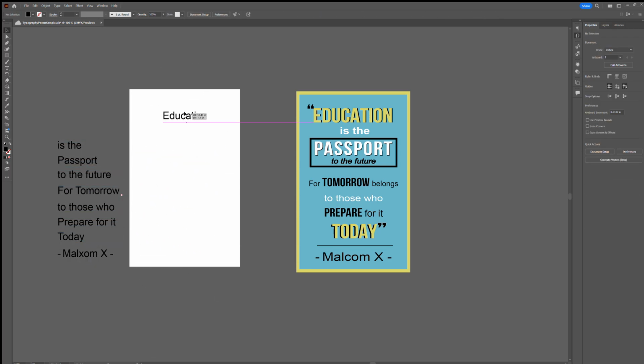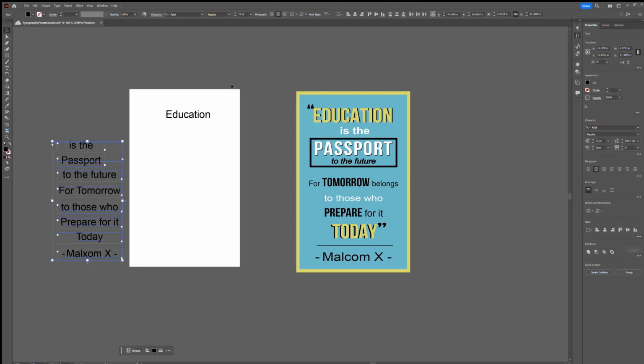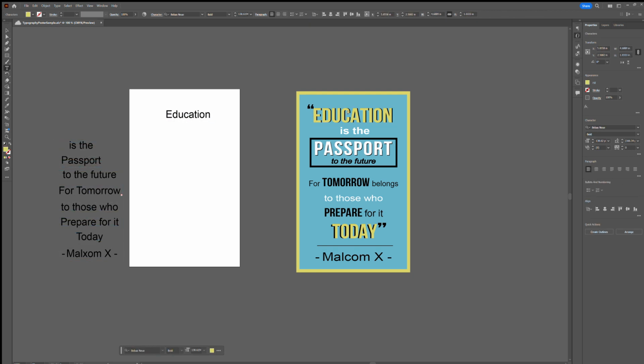And we'll start off with the word education and make sure it's centered. In fact, let's center all of these right now. Then the word education is actually going to be Bebas Neue Bold. So you're going to type in BEB, and if you don't see a bold here, if you don't see Bebas Neue, you just need to go into Find More